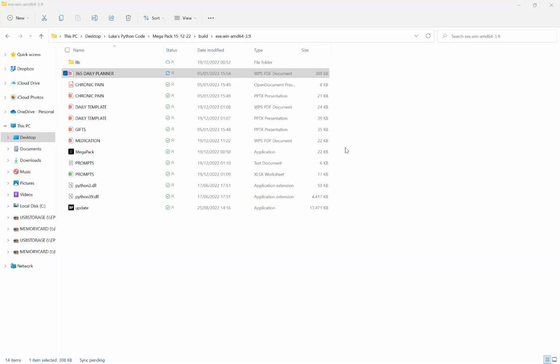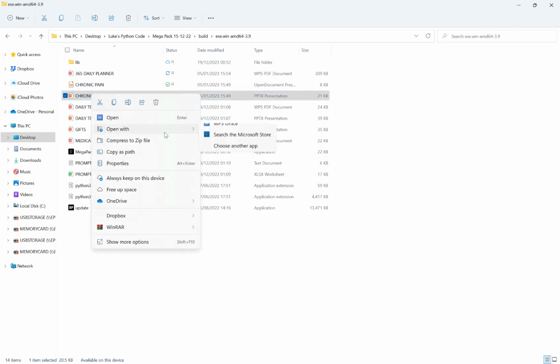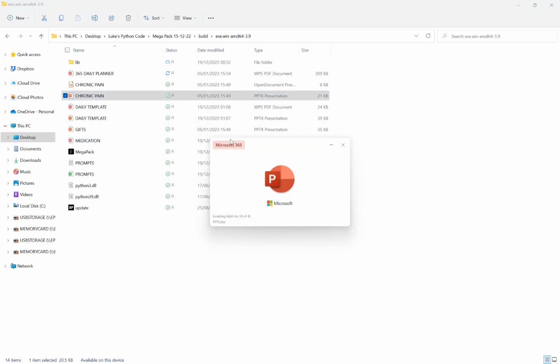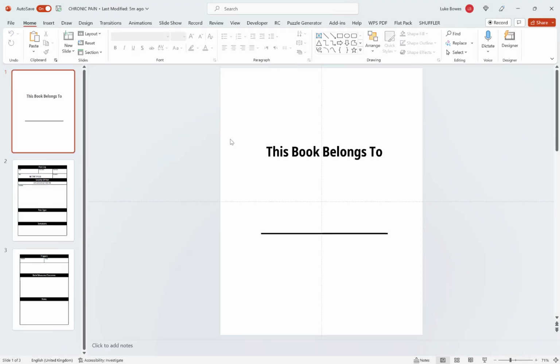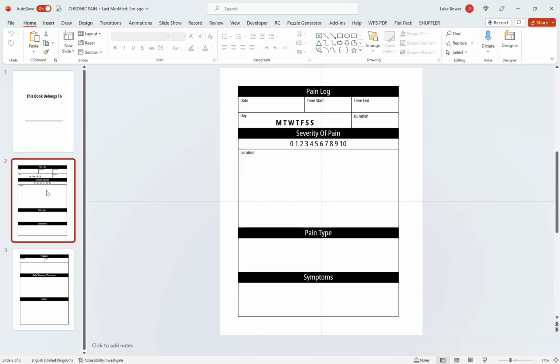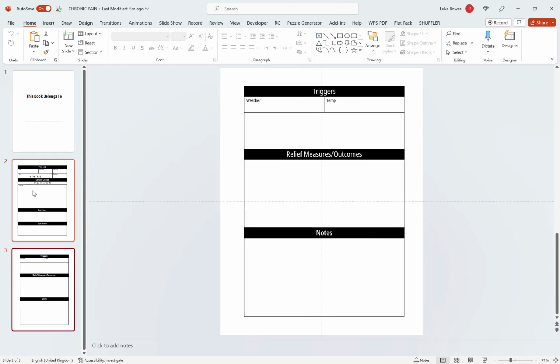Now, if you have multiple pages in your interior, or you only want to duplicate a couple of them, say for example, I'll load this one up and show you. You've created a few pages in PowerPoint, in OpenOffice, in Canva, whichever software you wish, and you have your first page, which is this book belongs to. You don't want to duplicate that, but after this, you have your 2 pages, for example, that you want to